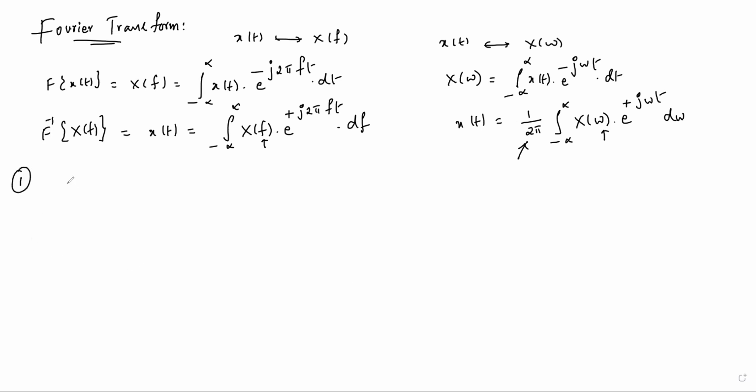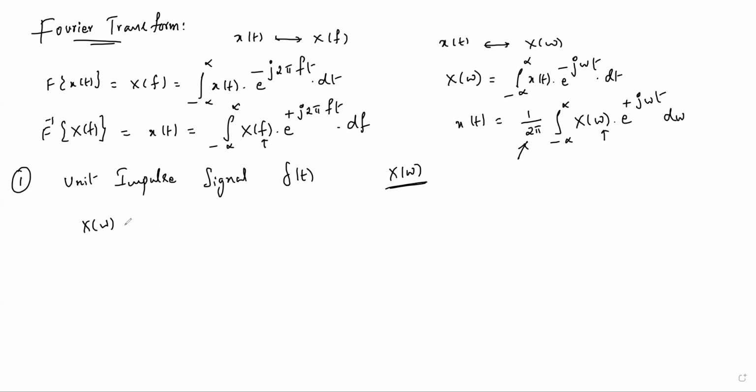First, I will take the unit impulse signal. Let us find the Fourier transform of the unit impulse signal. So I am finding the Fourier transform in terms of x of omega. Some signals I will find both x of f and x of omega. If I feel that it is confusing, definitely I will find it in both cases. For most of the signals we don't have any confusion between x of f and x of omega. So let us take the x of omega case here.